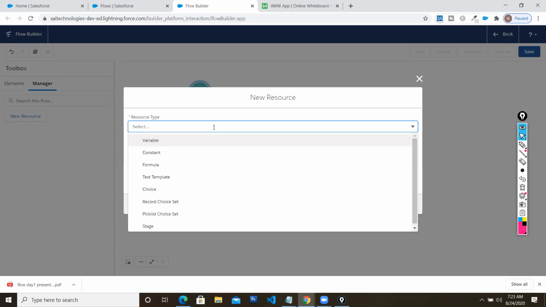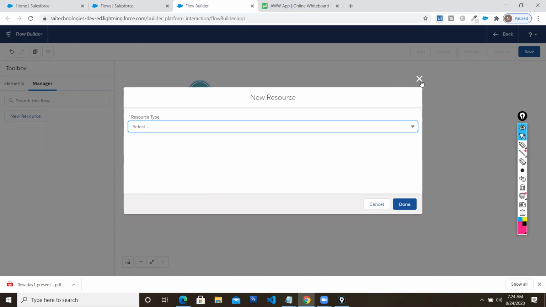Let's say in mathematics we will be using x plus y, and after that for x we will be substituting 10, and for y we will be substituting 20. Those x and y can be called variables from a programmatic perspective. And you can have a constant, whose value cannot be changed. You can have a formula already created in your resource. Wherever possible, you can make use of this particular formula. You have text template. You have choices. Let's say you are going to create a particular user interface, and in that user interface there is a gender option, male or female, so you need to have a radio button right over there. At that point of time you can make use of choice resources. So we will see it in detail in the session.